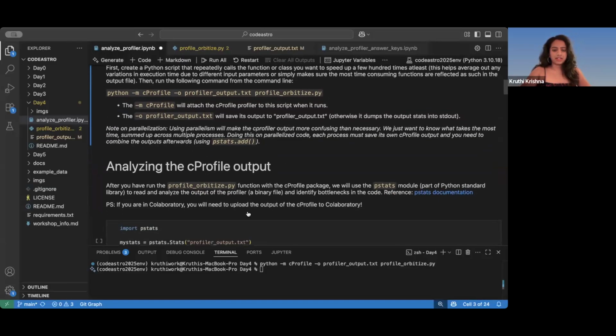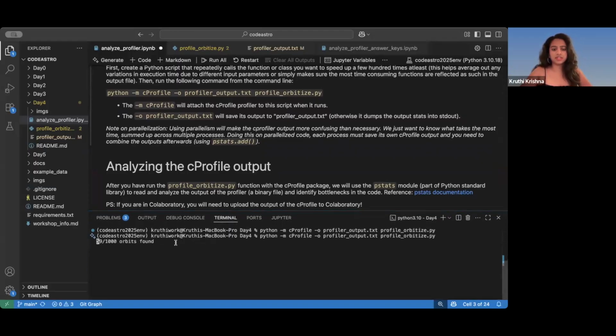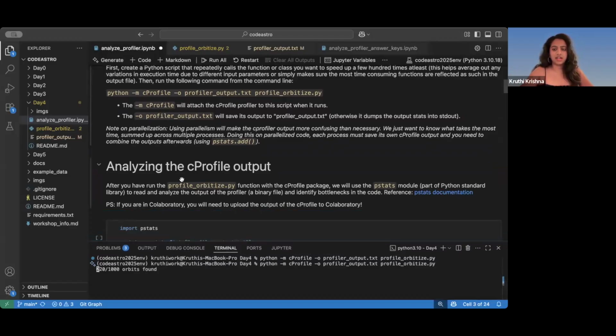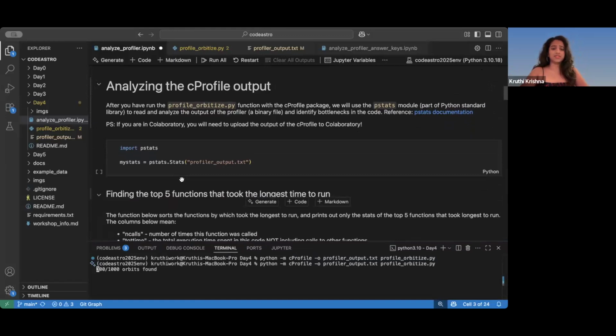So yeah, and let's actually run it. I've already run it before, but let me just run it live. I hope you can see my terminal. So here I just ran this command, and then it's sampling around 1,000 orbits. It's gonna take a few seconds. Let's give it some time, but let me just introduce you to the module pstats, which is again like a